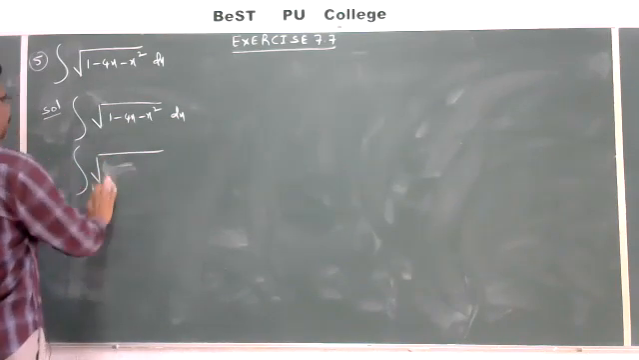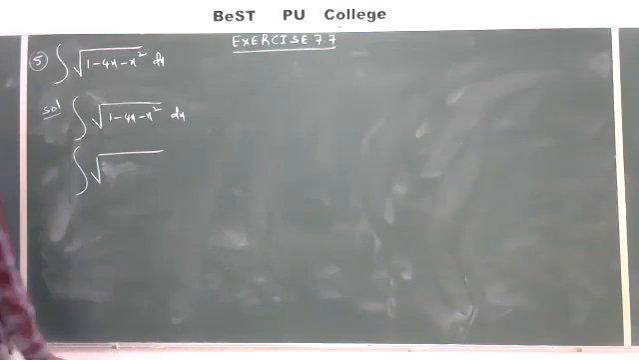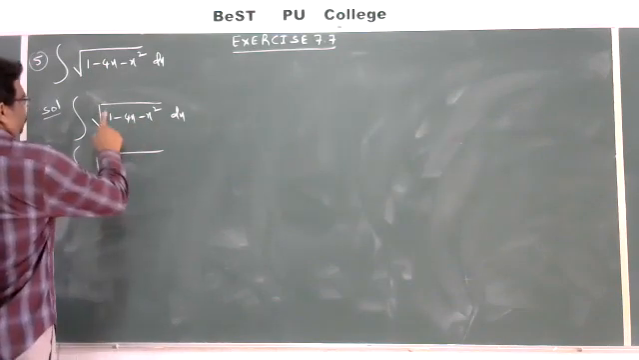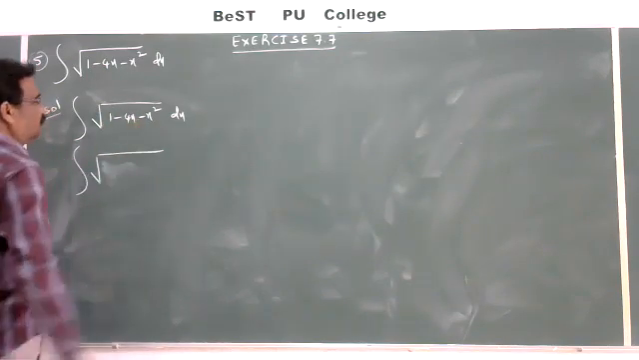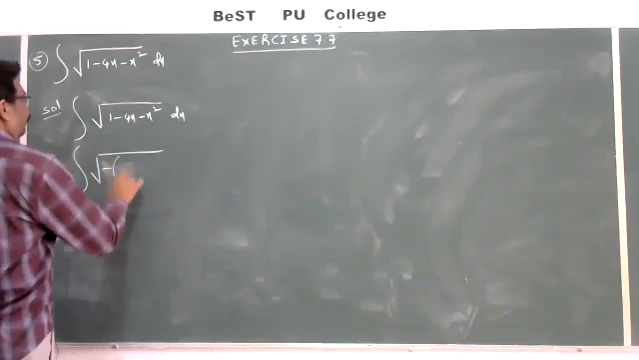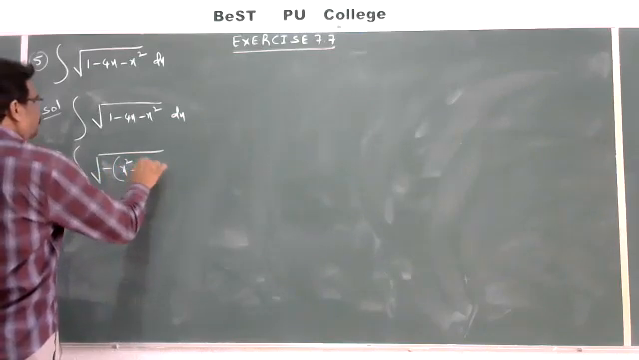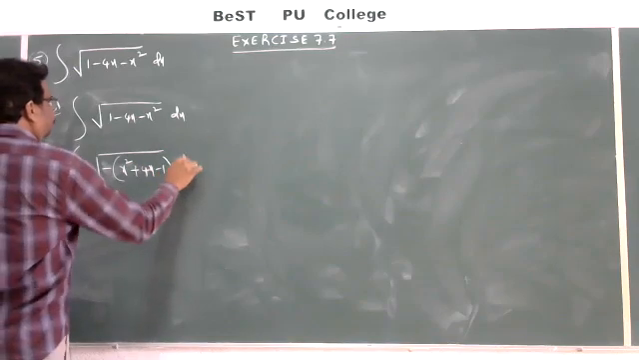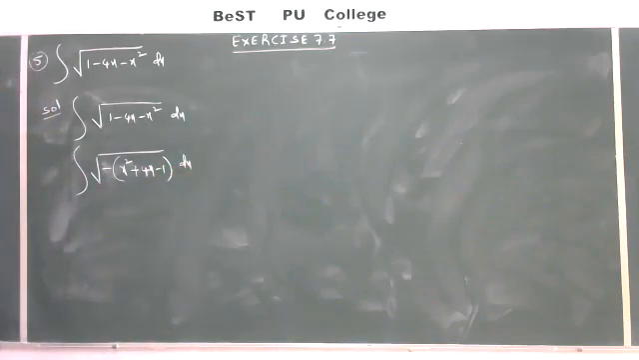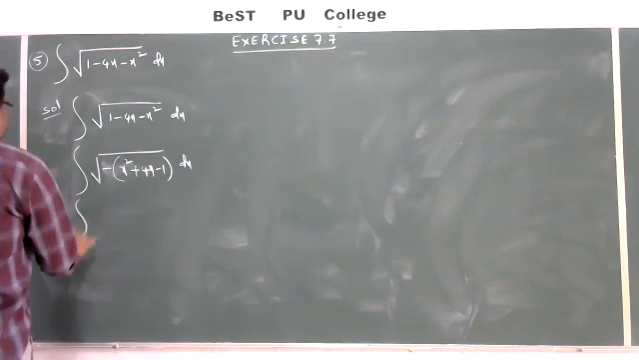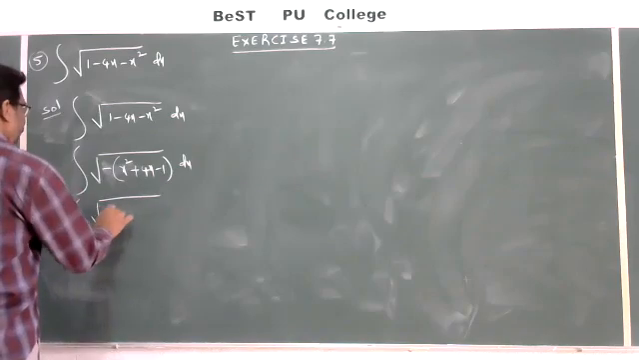That is root of 1 minus 4x. So here you take minus common. First, in this root, you take minus common: minus of x square plus 4x minus 1 dx. You get in the bracket x square plus 4x minus 1. That is integral root of minus of